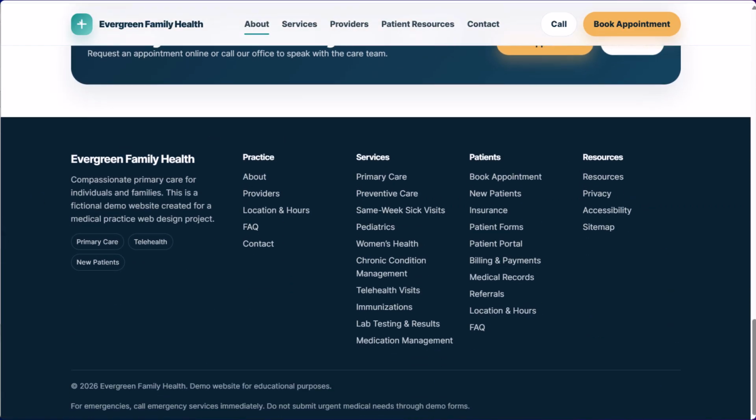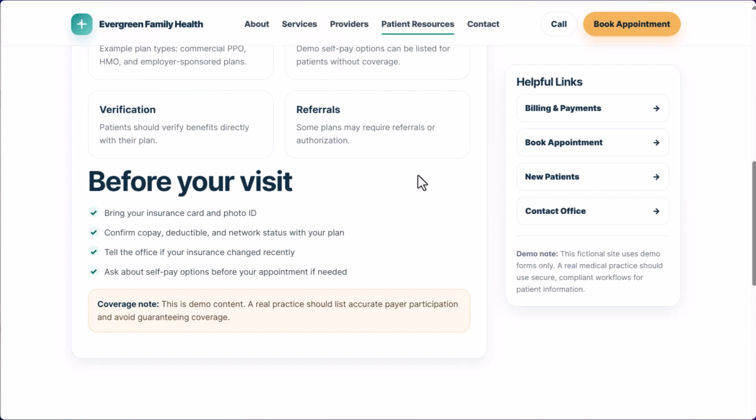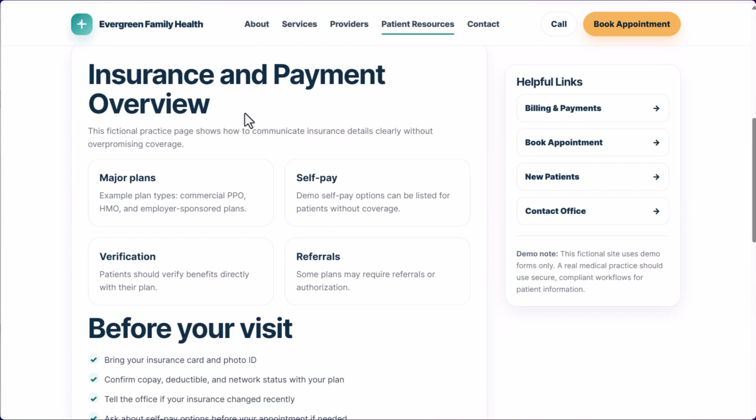And then down here at the bottom, we have a full footer. So all the different forms people need, patient forms, insurance that we accept. This is the next one. Always put here are the insurances that we accept. Put the logos of the ones you do accept, what you don't accept, and whether or not you accept cash pay, which I assume most medical offices do. These are the questions people are going to have, and your goal with your website is to answer them. So the about page and then a patient resources type page will answer a lot of questions that people have